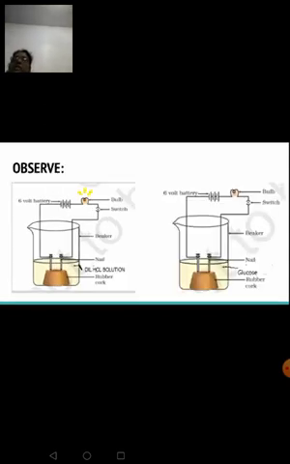So first in the beaker we are taking hydrochloric acid and the circuit is closed. When you switch on, you can see the bulb emitting light. The yellow lines around the bulb show that the bulb is giving out light, glowing brightly. So this shows that hydrochloric acid is conducting electricity, allowing electric current to pass through it.